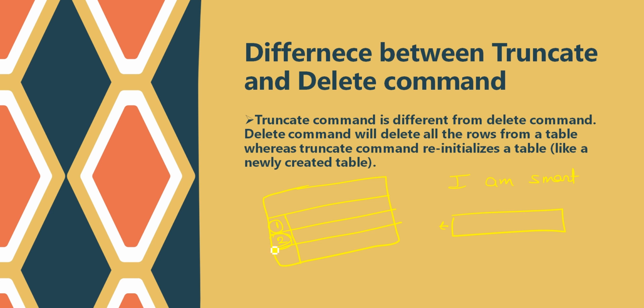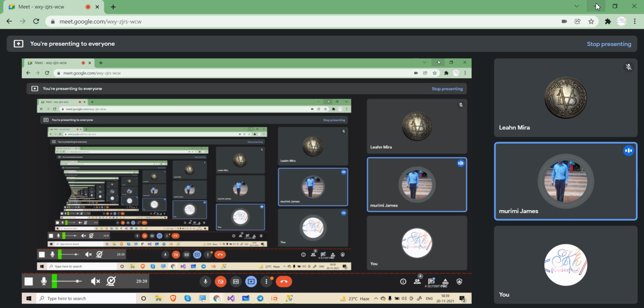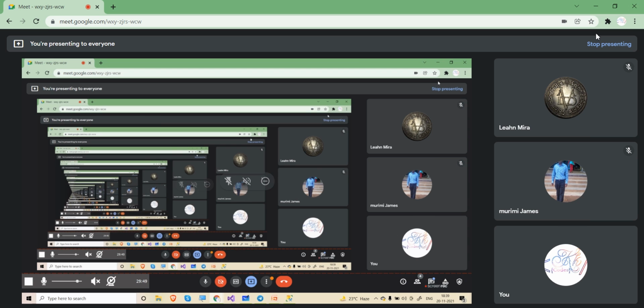So what I will do is use the auto increment option, which is going to increment the values of ID itself. We do not need to bother about that.